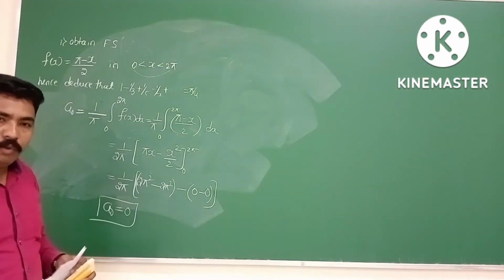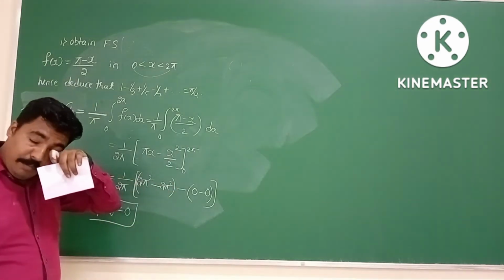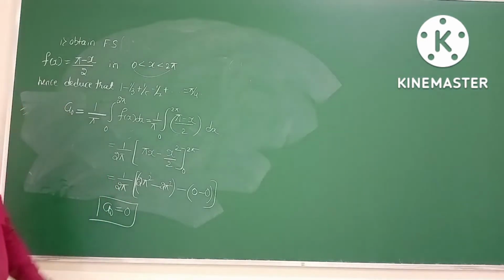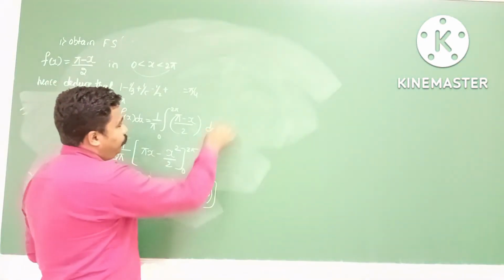Very simple, my dear students. So here you should know how to operate the limits also. That is very, very important in definite integration. Okay. So we got a0 value as 0. Then we will move on to the an